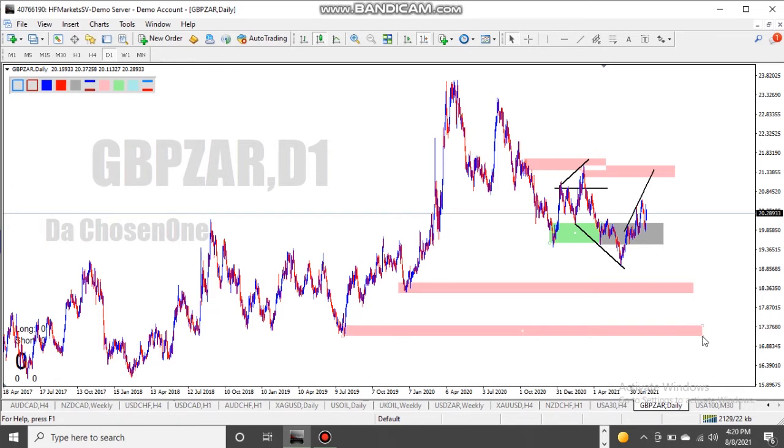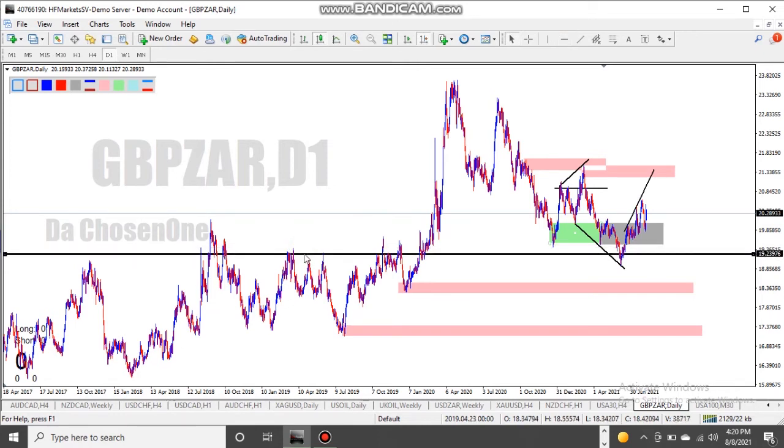Yeah, between the two areas, price is gonna, because as you can see, this is a 2RF, this is a 2RF, this is a 2RF, and also